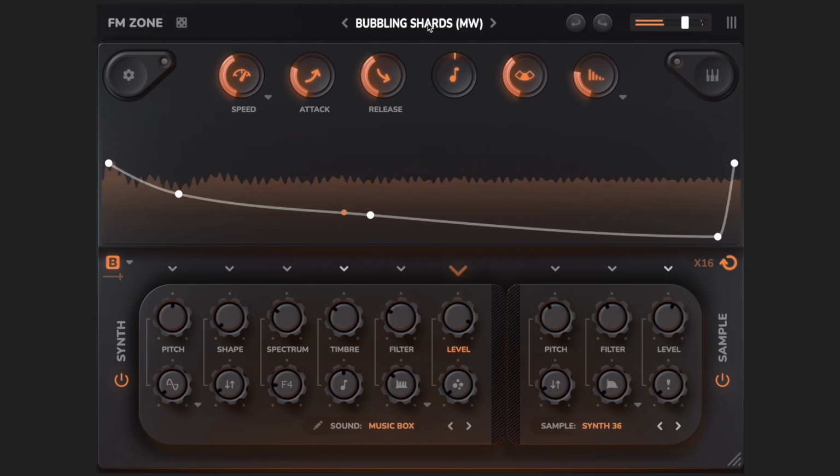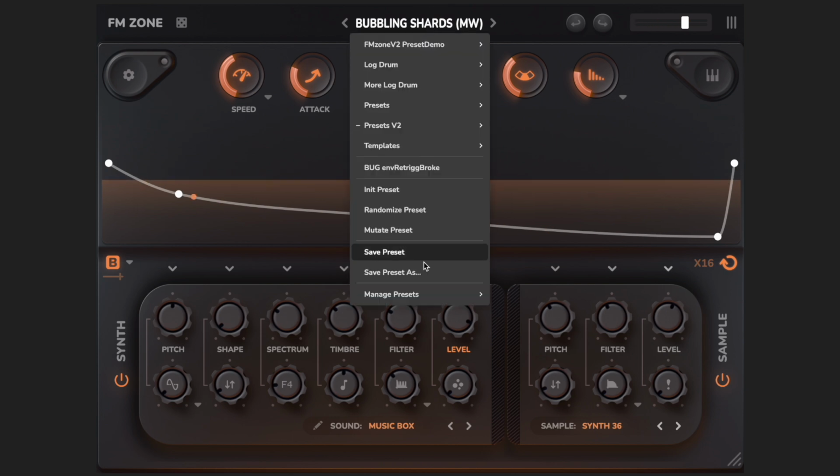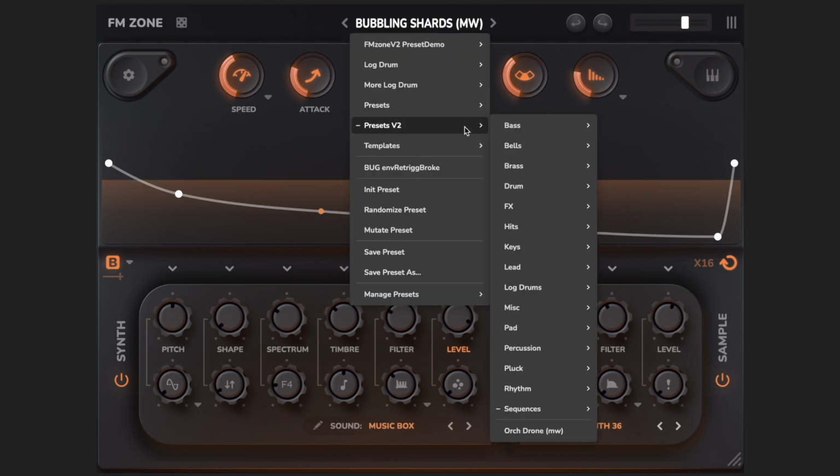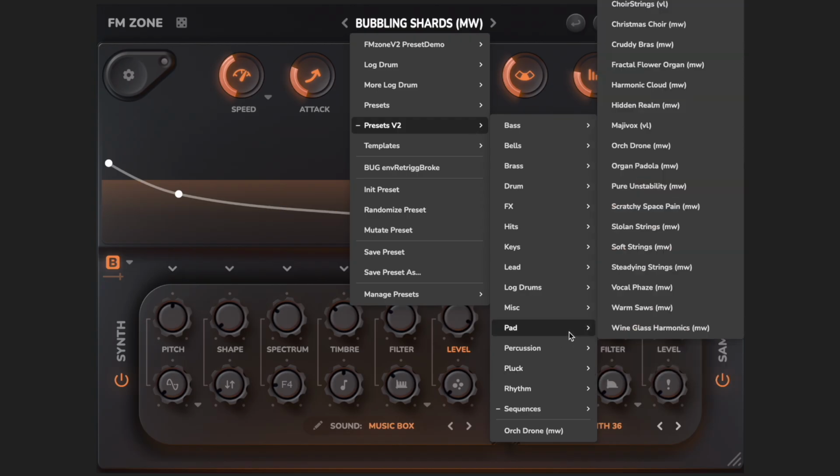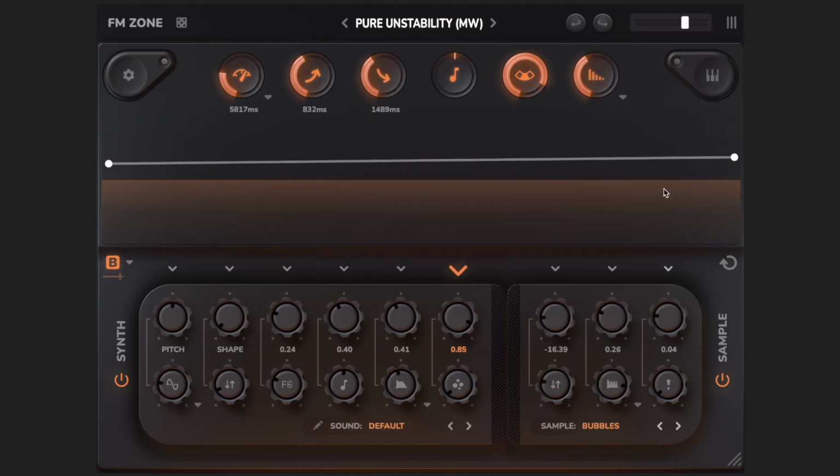I don't think I've seen that before. You could probably hack it in things like Zebra, maybe Serum, I've got no idea. But there you go, that's for rhythm fun. And I've got a few other patches here which just demonstrate the literal absolute fun possible with the AB envelopes. So this is a fairly pure clean pad called Pure